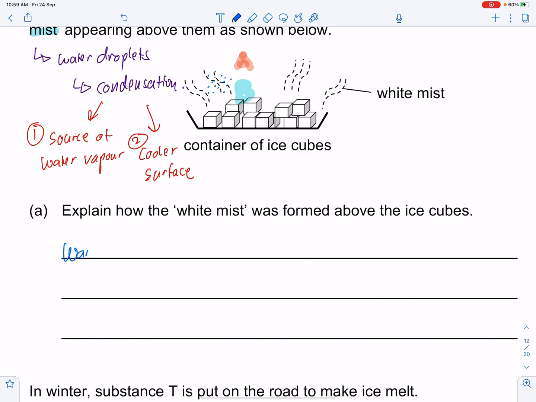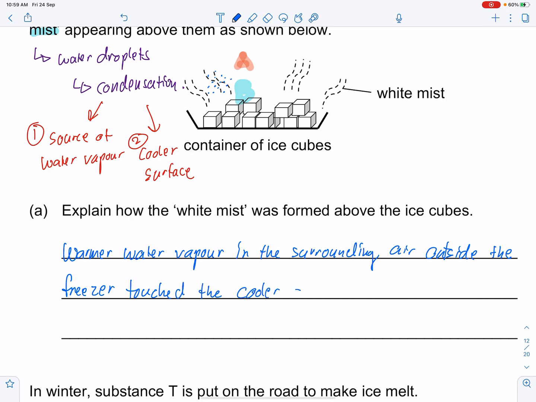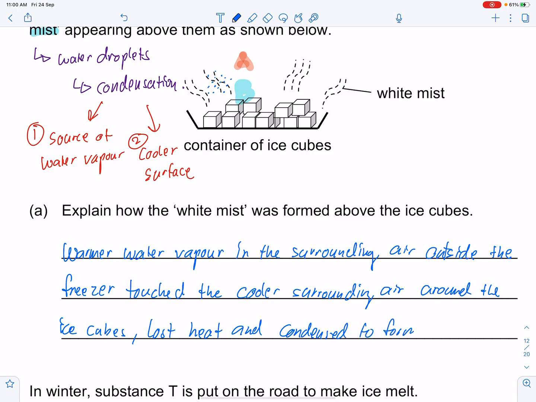Remember warmer and cooler. Warmer water vapor in the surrounding air outside the freezer touched the cooler surrounding air around the ice cubes, lost heat and condensed to form tiny water droplets. Now these tiny water droplets are so tiny that they are suspended in the air as white